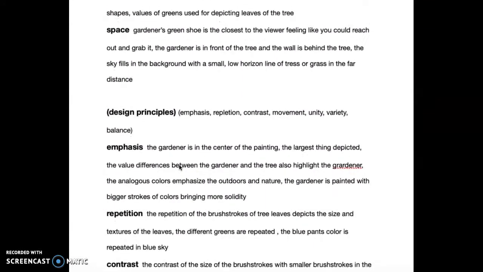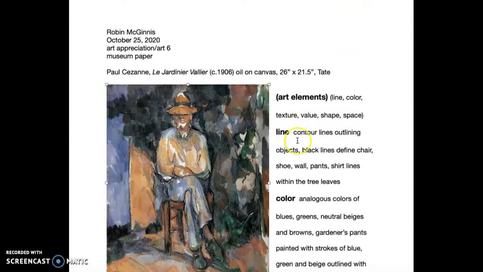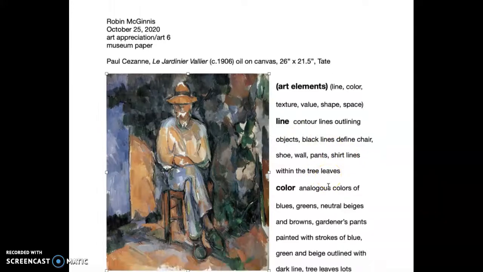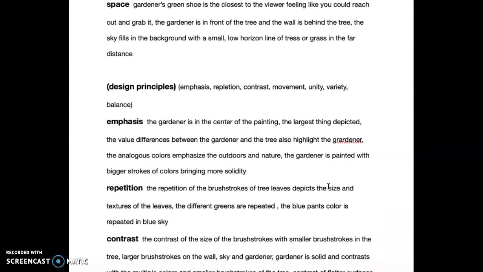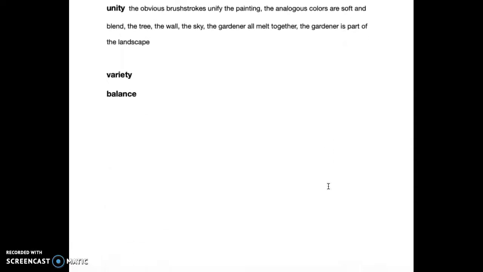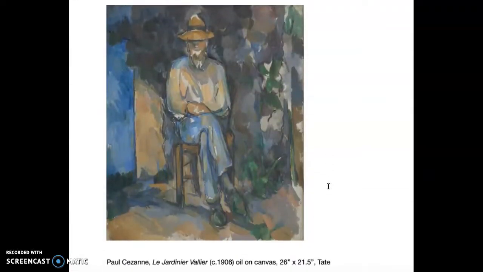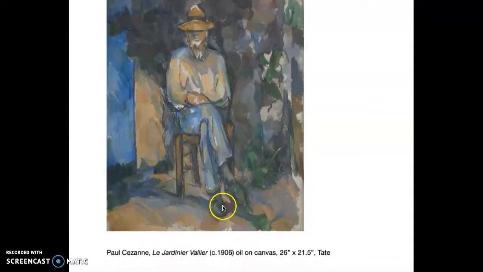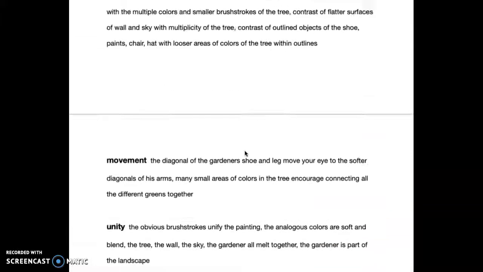Now, all I need to do is go back into this paper and flesh out all of these elements and string all those sentences together, and boom, I got more than 5 pages, I'm sure. And then the last thing you need to do is on page 6, make sure that you put your artwork and the information about your artwork. So that's page 6. The writing is 1 through 5.